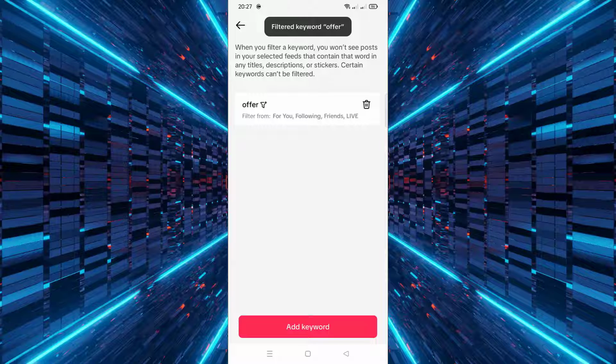And that's how you filter unwanted keywords in TikTok on Android. It's a quick way to